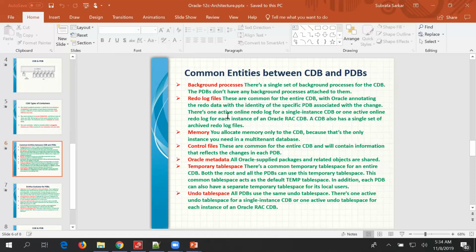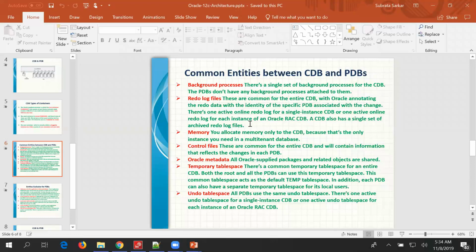There is one active online redo log for a single instance CDB, or one active online redo log for each instance of an Oracle RAC CDB. A CDB has a single set of archived redo log files. So redo log and archive log are CDB specific.